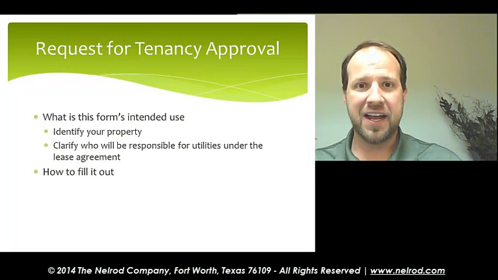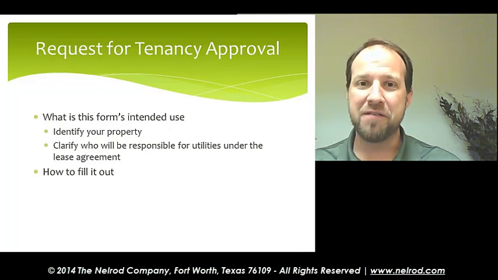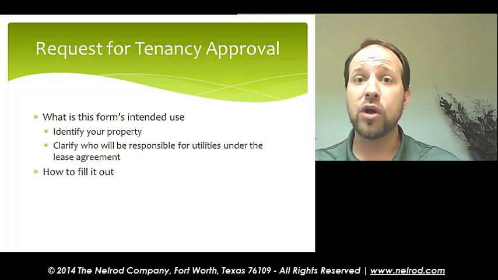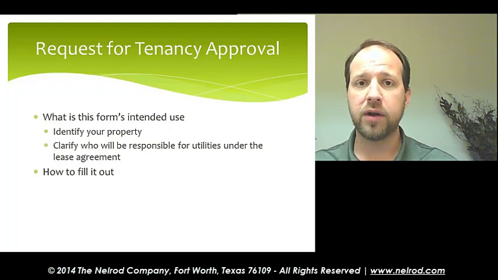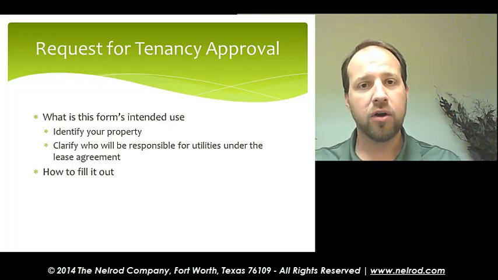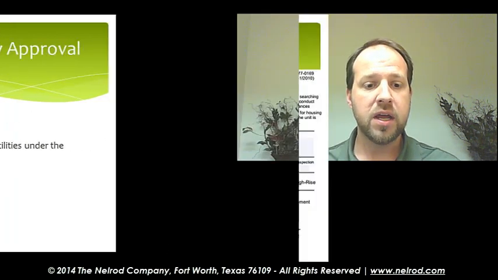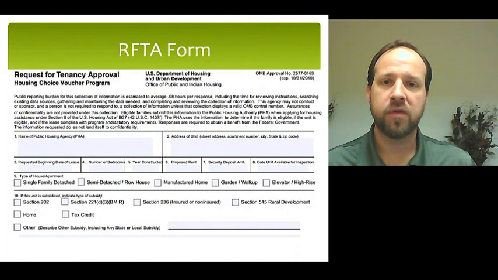So the first, this is the most exciting document I think a lot of families show up to your doorstep with, and this is the Request for Tenancy Approval. This form really does serve two purposes. Number one, it's really to identify you, the property owner, and the property location that is going to be put into question for leasing. The second thing, and by far the most important or critical piece of information, is the utilities that are being provided to the unit and are going to be the financial responsibility of the prospective participant. Let's take a look at the top half of this RFTA form we've been discussing.